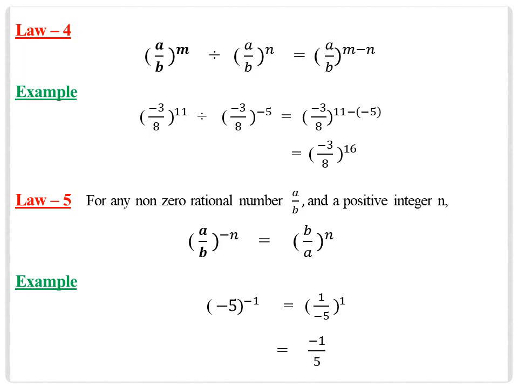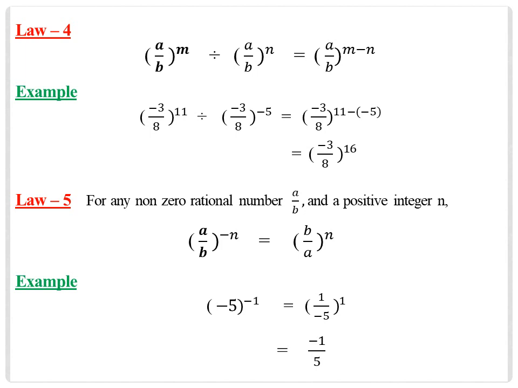Now law 5. For any non-zero rational number a/b and a positive integer n, we get (a/b) raised to power minus n is equal to (b/a) raised to power n. You see it clearly that here we are just changing the sign of the power by taking the reciprocal of the rational number. You see here a/b and on the next side the resultant will be b/a, but